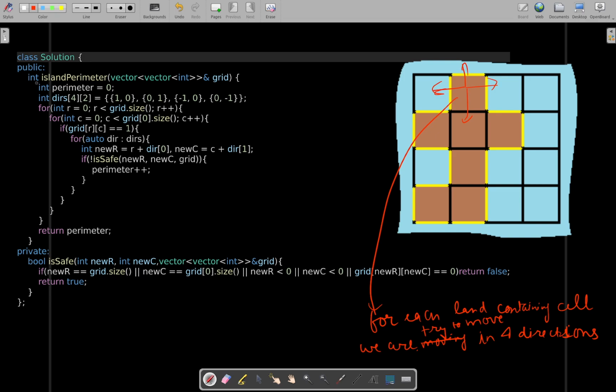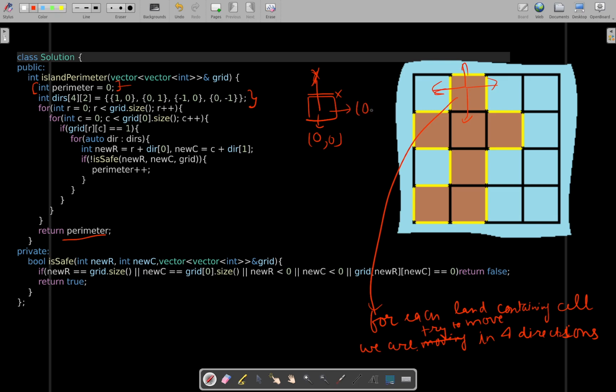So you will be having a variable set to 0, which is the perimeter that you will be returning as your return value from the island perimeter function that you are required to complete. And these are the four directions that you can move. Basically, if you are at a cell and you are considering it 0 0, the origin, if you are considering it as an xy plane, then you can go in this direction,